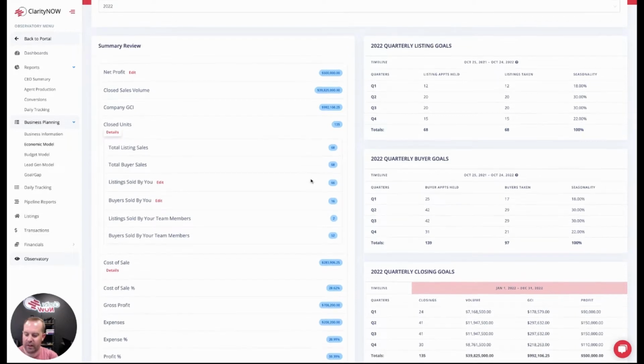And what I also want to look at right away is how many listings and buyers did the Rainmaker sign up for. So in this case, the Rainmaker signed up for 66 listing sales and 16 buyer sales. So you add those two together, and that is 82 transactions. Now, note that today is mid-July when we're filming this analysis of this client's business.